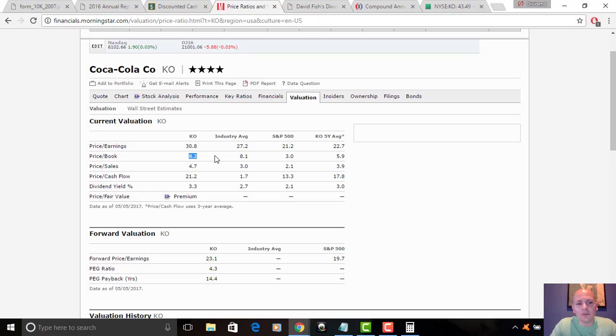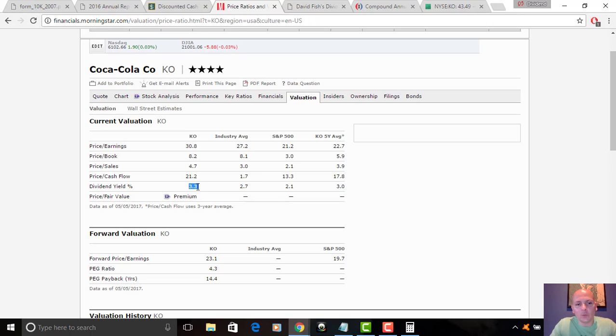You see an 8.2 price to book ratio against a 5.9 5-year average, which arguably is expensive in and of itself, because we're way above the broader market here, even on the 5-year average. But if you look at the current numbers, they're significantly above the S&P 500, and significantly above the 5-year average for the stock. So comparing apples to apples, Coke is actually slowing down and deteriorating, yet it's more expensive than its 5-year average back when the business was arguably more high quality. That tells me this does not look like a very appealing stock on a valuation front.